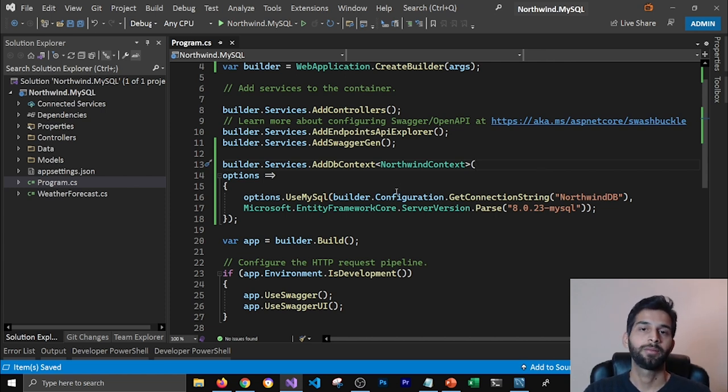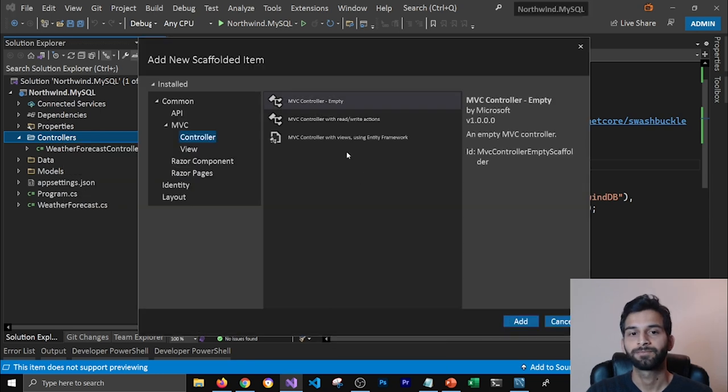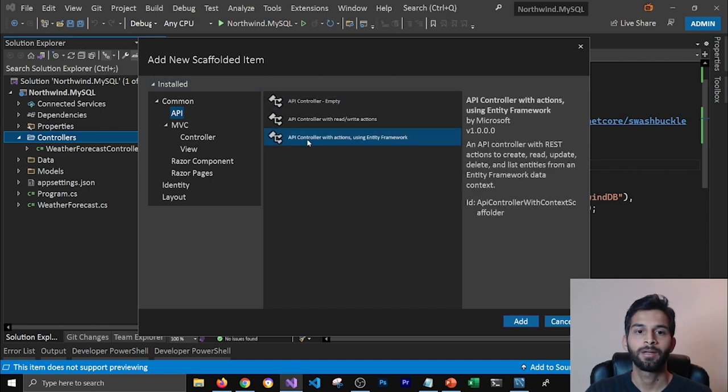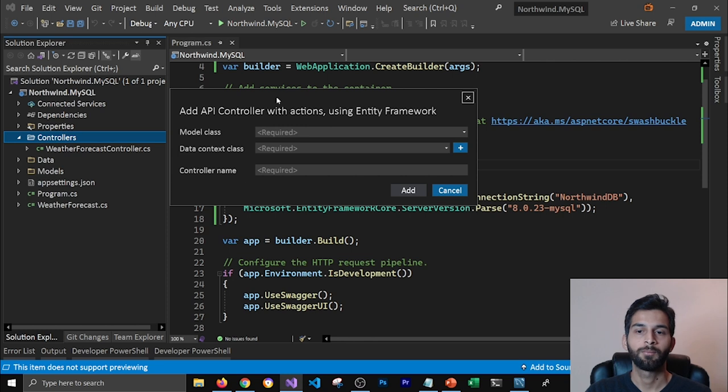Now that we have the DB context, let's go ahead and create a controller. For that, I'm going to right click on the controller and add a controller. And this is going to be a controller for API. So I'm going to select API, and then I'm going to select API controller with actions using Entity Framework Core. Here I'm going to add, and it's going to ask us the model that we would like to use for this controller. The model is going to be for product. We are going to deal with product today, and it's going to ask us the database context class. So I'm going to use this Northwind context class, and then the name is going to get assigned as products